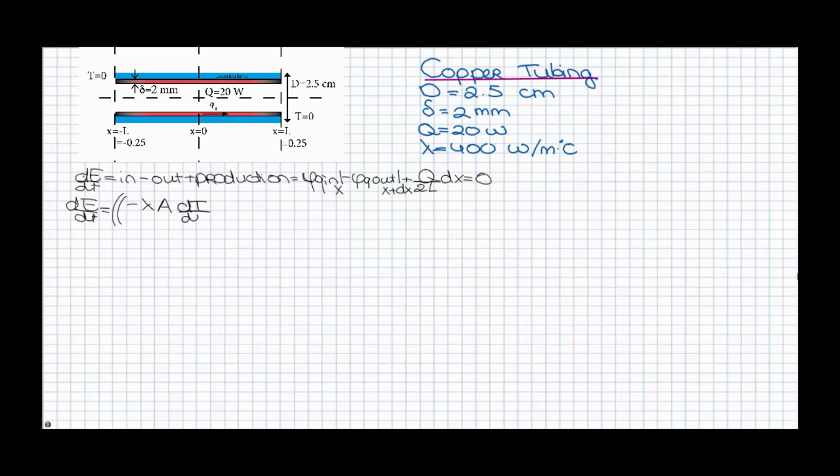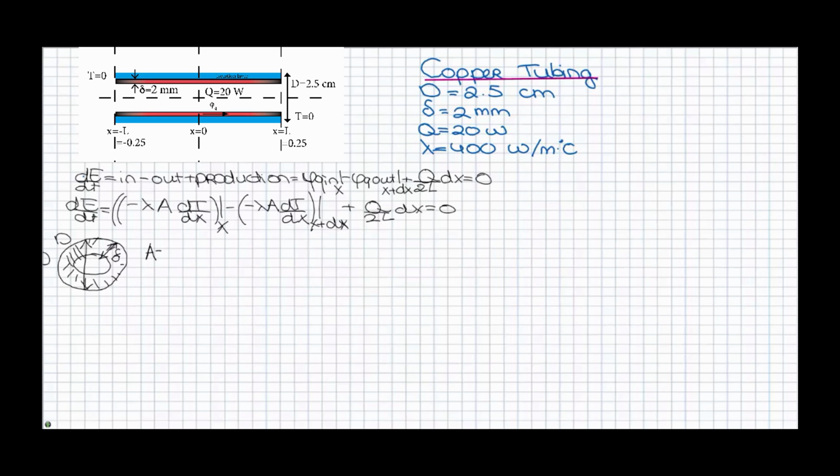We now fill in the heat fluxes with Fourier's law. A is the surface where the heat flux is transferred through, and that is not a flat plate, but now a tube, so we need to observe this surface of the tube because there the heat is flowing through. And we know that the whole tube has a diameter of d, and the layer is delta. So the surface